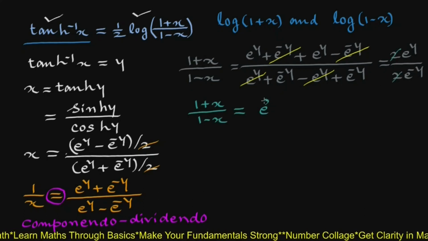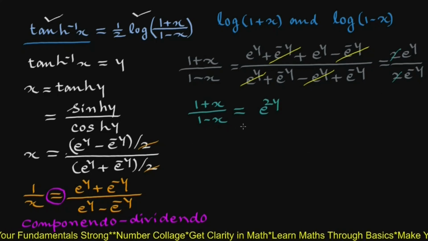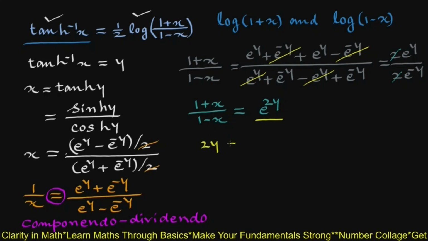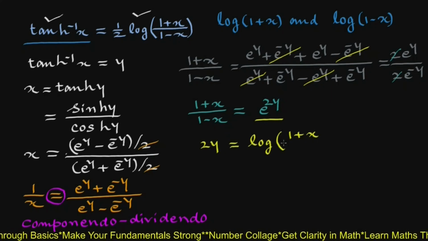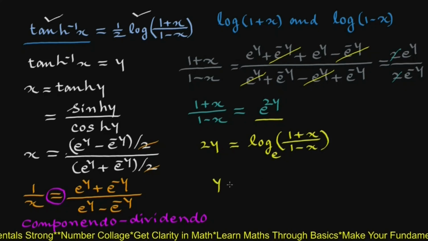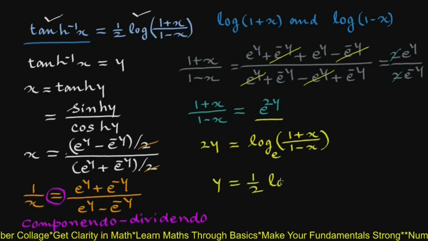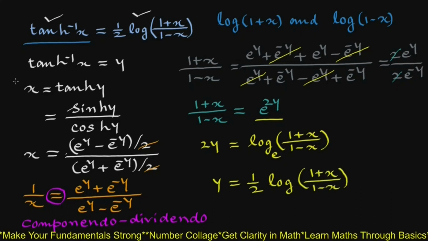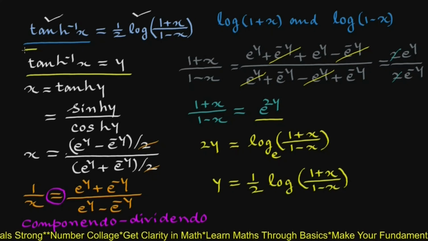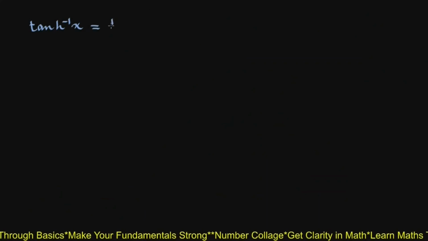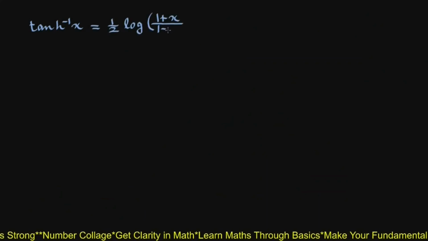Converting this exponential form into logarithmic form, this will be 2y = log((1 + x)/(1 - x)) base e, or y = half log((1 + x)/(1 - x)), which is what we have written here. We have tanh inverse x = half log((1 + x)/(1 - x)),